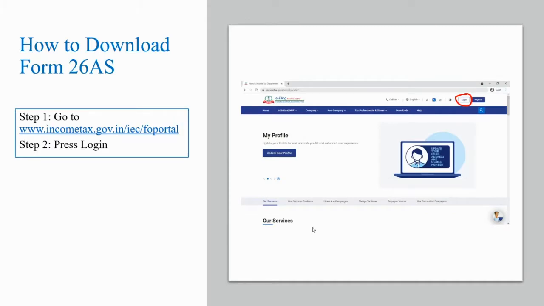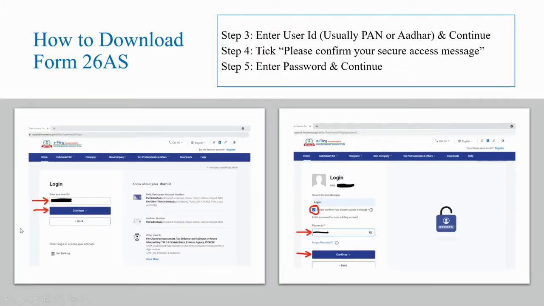So let's see how to download this Form 26AS as well as check out the different sections that are present in Form 26AS. If you want to download Form 26AS, visit the income tax website www.incometax.gov.in/iec/foportal. Once you enter the income tax website on the home page, press login. You will be directed to the login page.